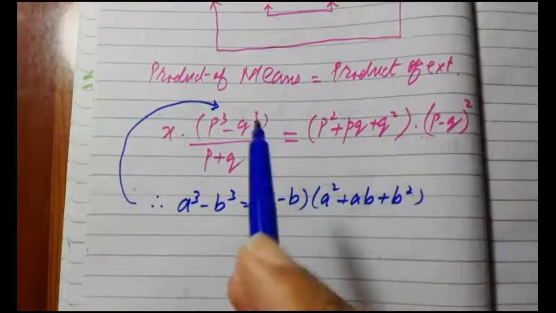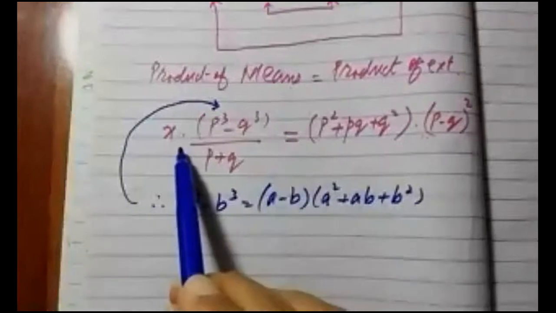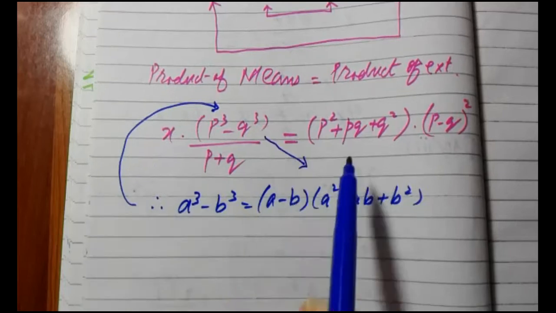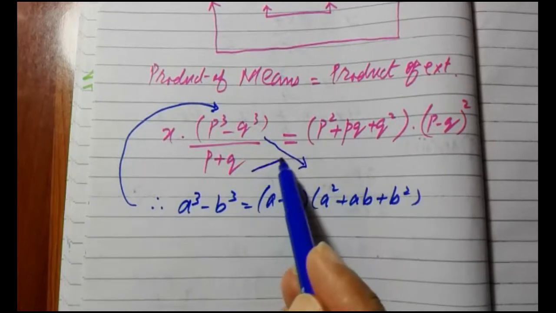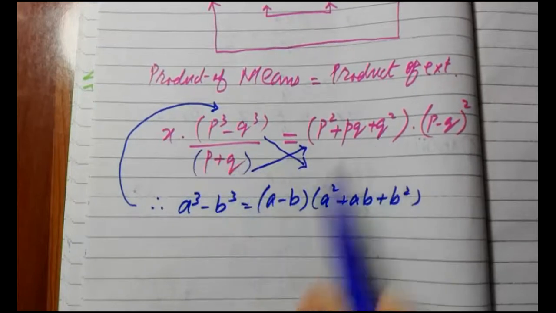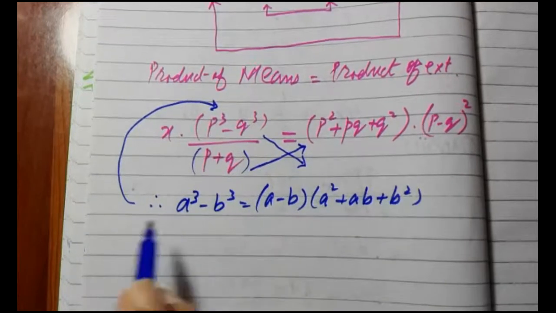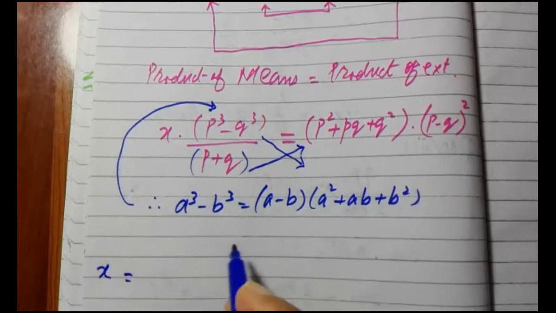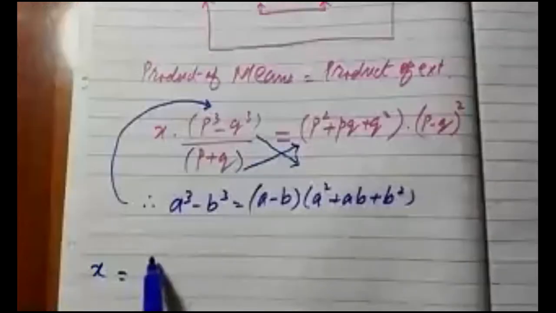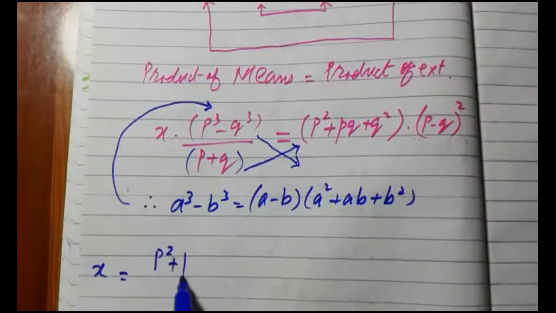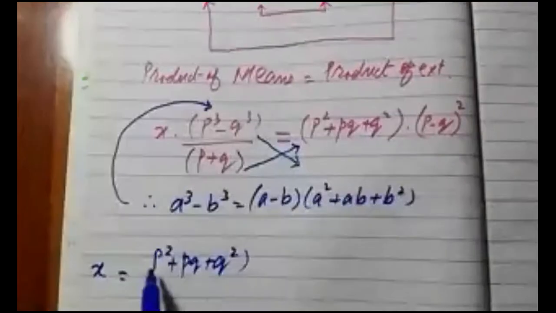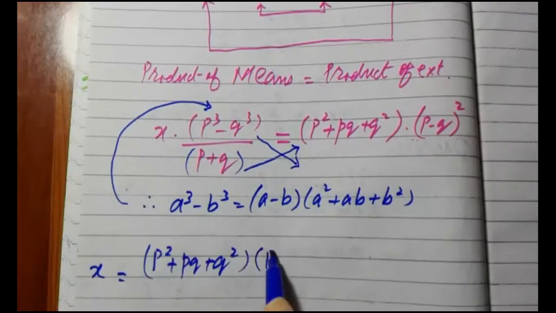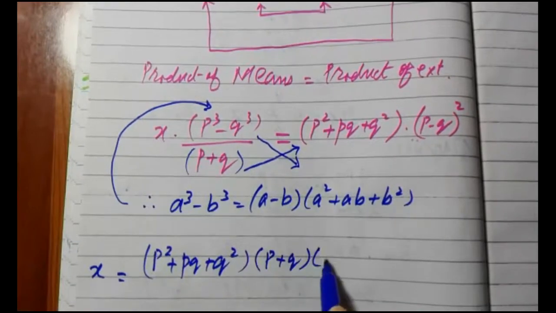But before that, I also want to tell you that because I have to keep the value of x on one side, I will shift it into the denominator right here, and I will go for the cross multiplication of p plus q across the other side. So I will keep x on the left-hand side, which is the required task, and I will shift all other terms on the other side accordingly, either into the numerator or into the denominator. So this is the format. This term p plus q will be shifted on the other side, so I will shift it like this, and (p minus q) whole square is already there,